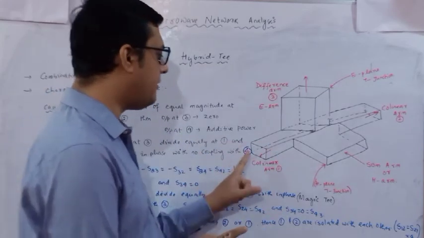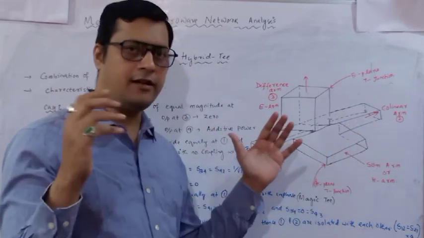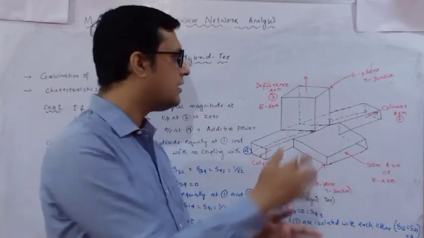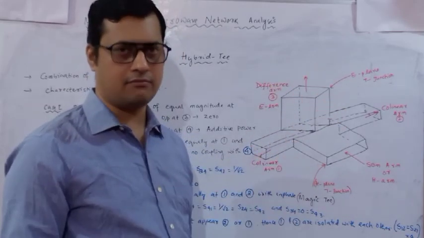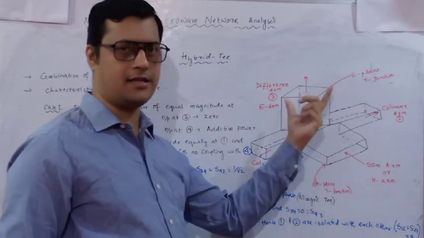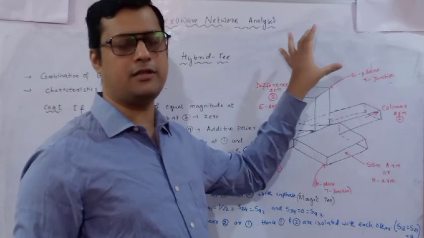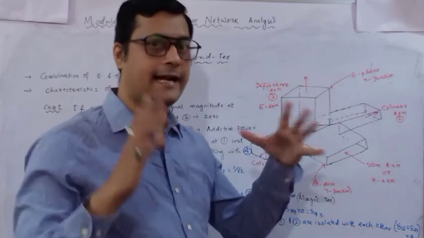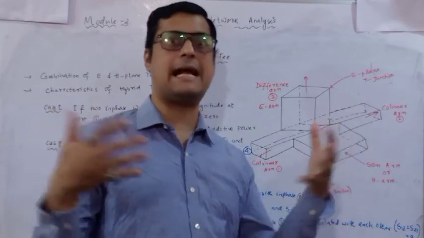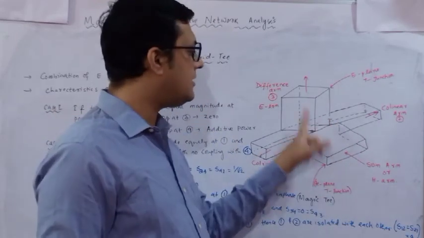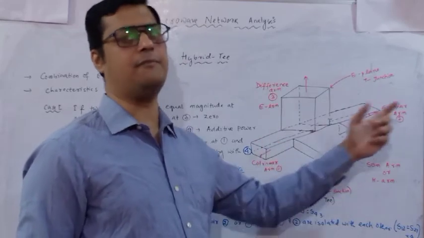Now if you feed the power at port 1 and port 2, if you give in-phase power with the same magnitude, you will not get any output at port 3 because it is a difference arm. This port 3 is called a difference arm that works on the principle of E plane. So you will not get any output at port 3. You will get the additive power at port 4 because it is the H plane. In H plane the power is added up, and there is no relationship between port 3 and port 4 while we are providing the power at port 1 and port 2.